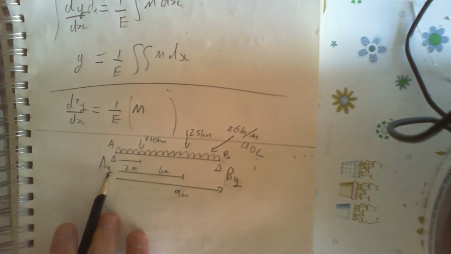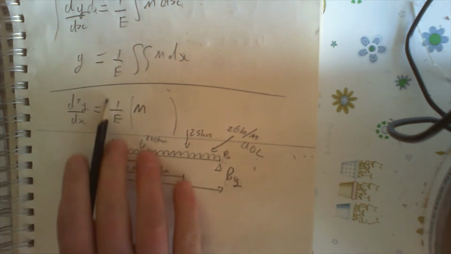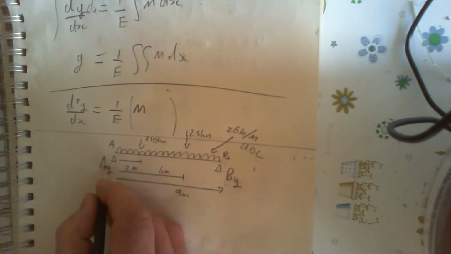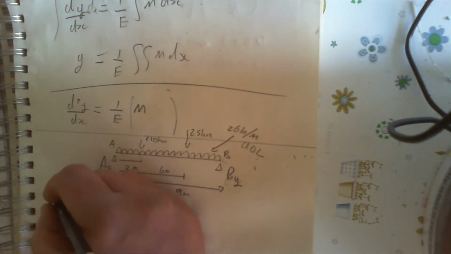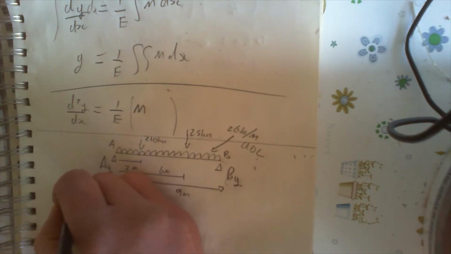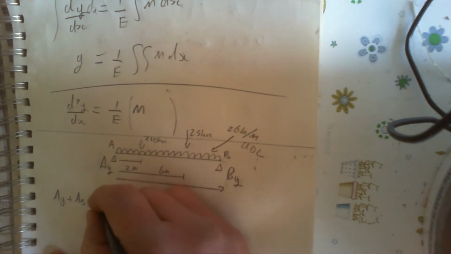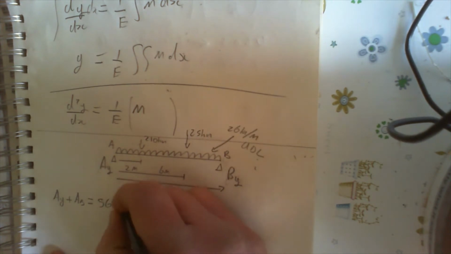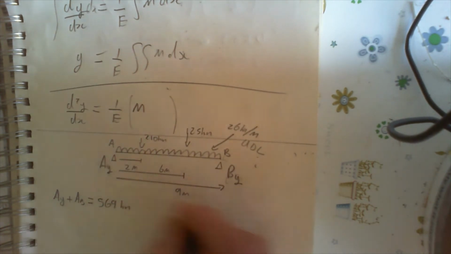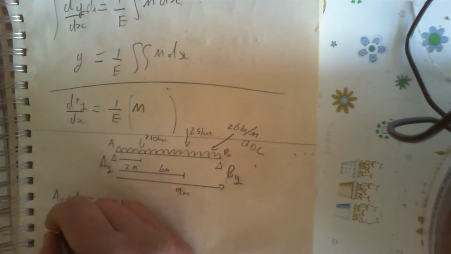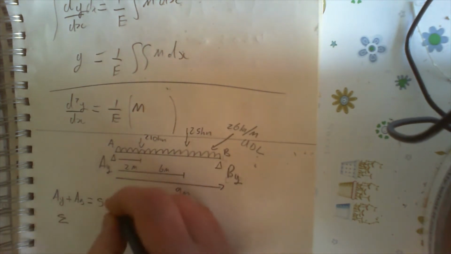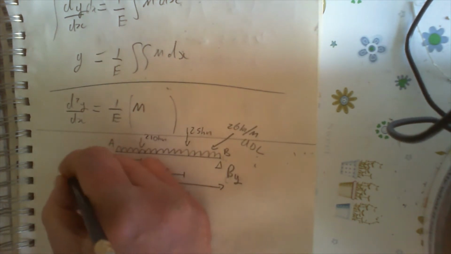That's just to indicate it's in the vertical plane. Right, so AY plus BY equals 569 kilonewtons. If we take moments about B, say, remember I'm always taking clockwise as positive,